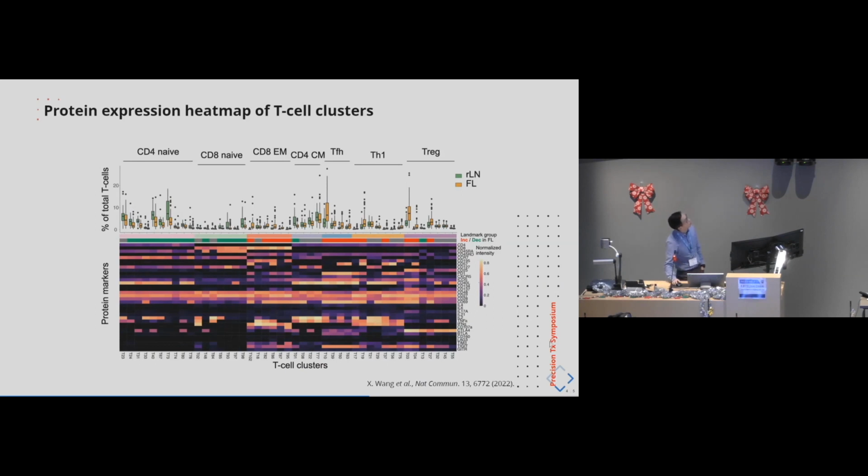We can see that the whole FL group, which comprises maybe 4 or 5 different TFH clusters, all have significant increase in the FL samples. But in contrast, for the Treg and Th1 population, there's only like 4 out of 7 clusters that change in Treg. So it's really the power of these 40